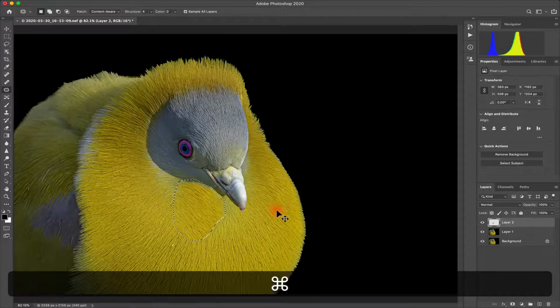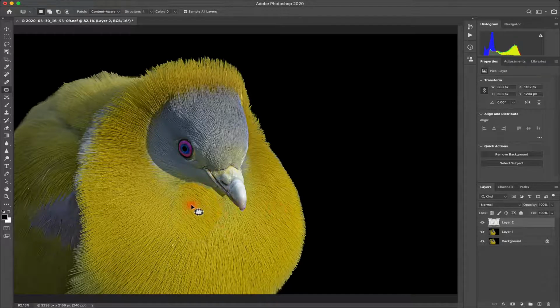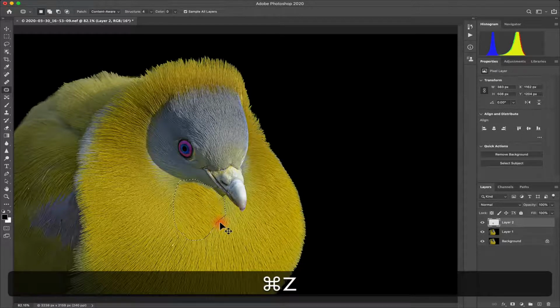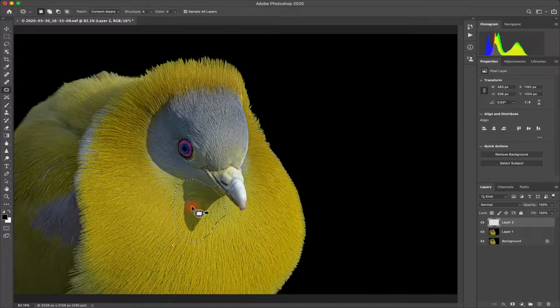and the moment you let go, as you can see, this has been replaced but with a brighter color, and the texture, the lines do not really match here. We can obviously undo this and pick up something from here. Yeah, this works better, and we can play around with the settings, and if needed, we just deselect this.